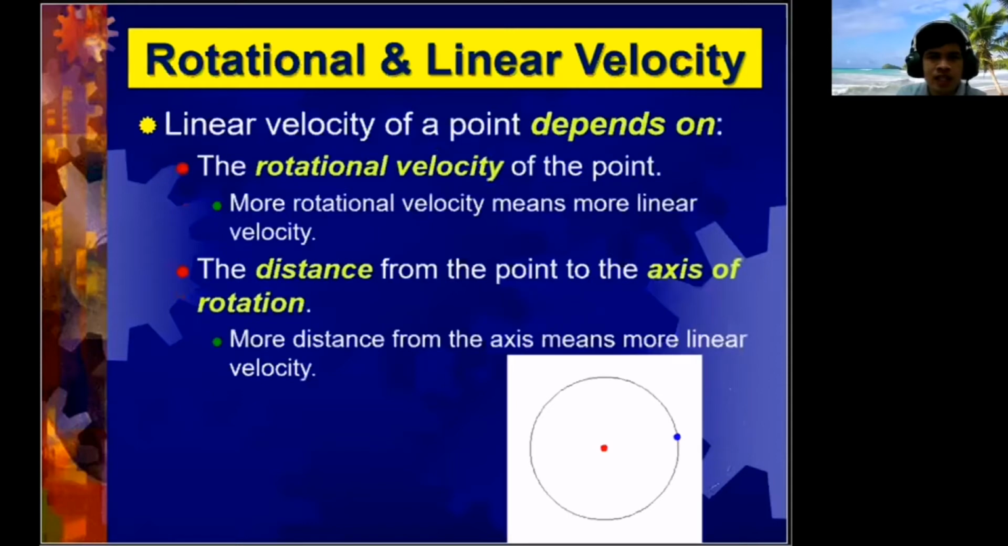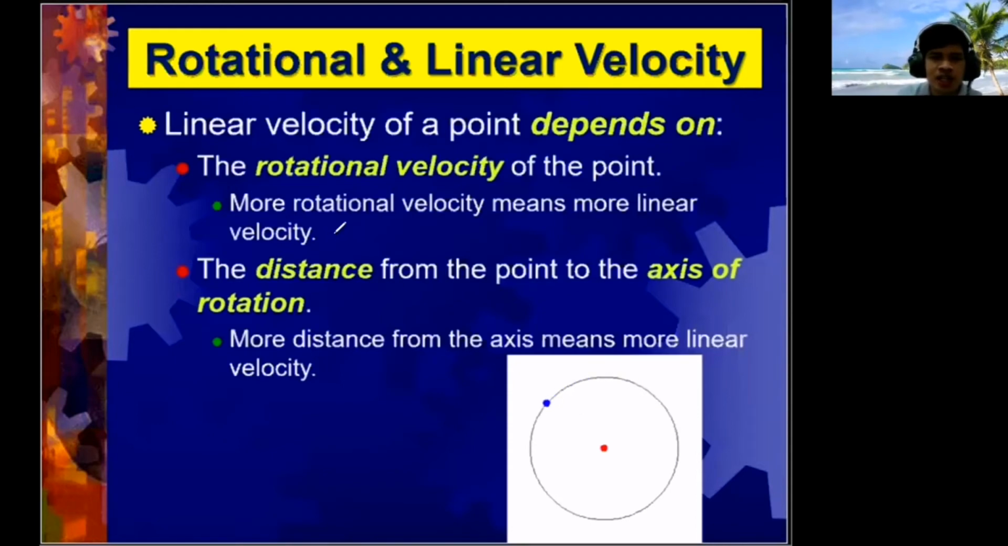Also, we have here the next one: linear velocity of a point depends on this factor. Number one, the rotational velocity of the point. It means that more rotational velocity means more linear velocity. What do you mean by more rotational velocity? It means that if the object is rotating faster, or revolving faster, in that case, on the picture here, more revolutional or rotational velocity, or angular velocity, means more linear velocity